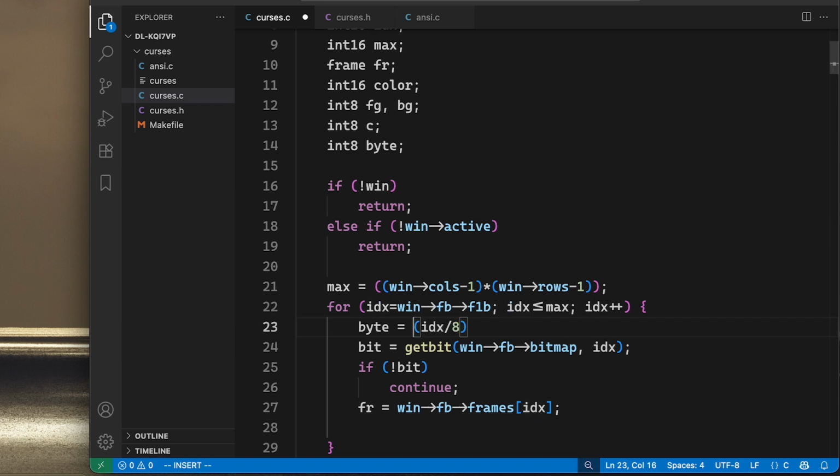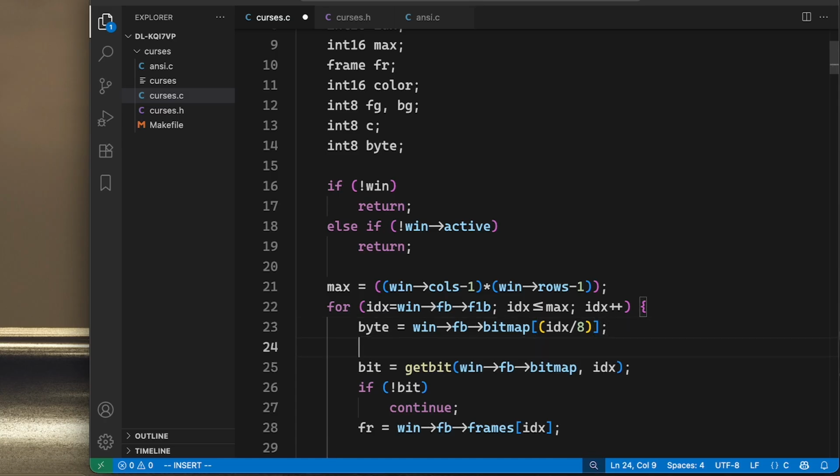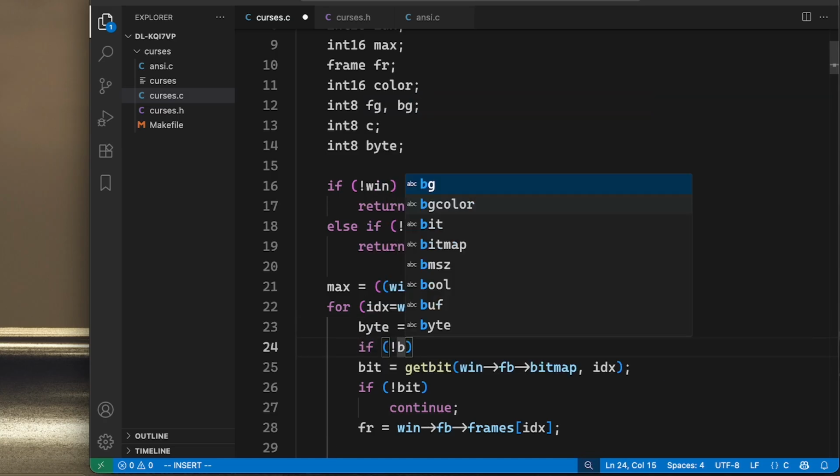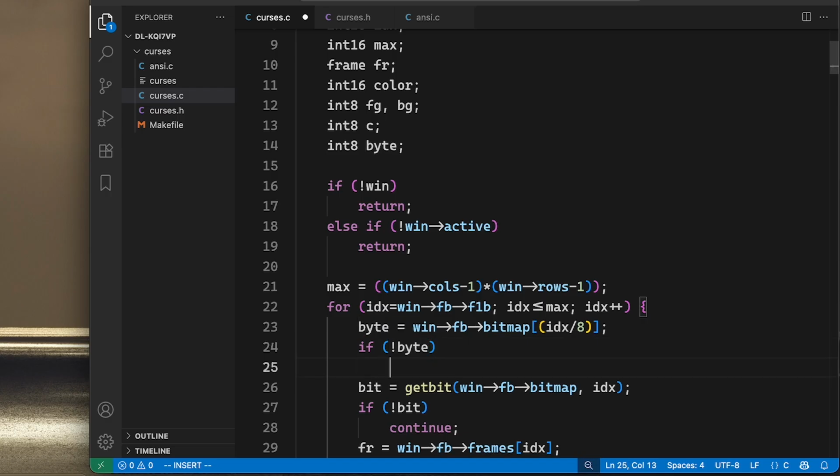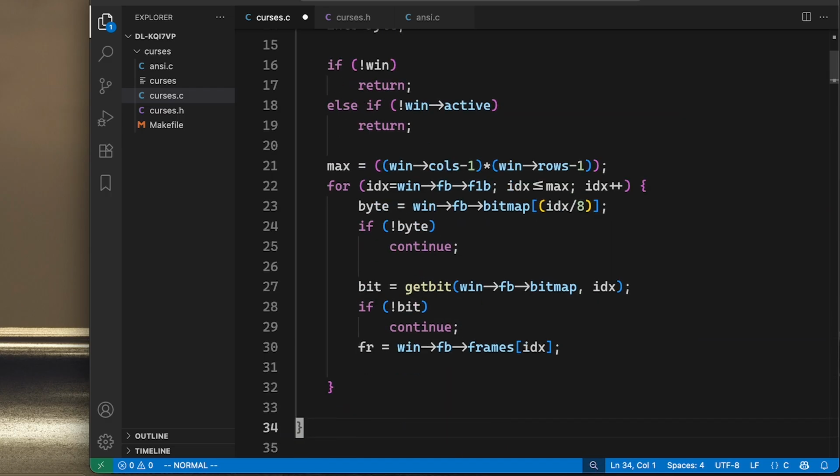the index divided by 8. And we're going to go to the window framebuffer bitmap at this index. So then we're at the correct byte. And if this byte is 0, we don't need to do any more checks, we can just continue. This is just a small optimization, or might be kind of big actually, because most will be 0. So